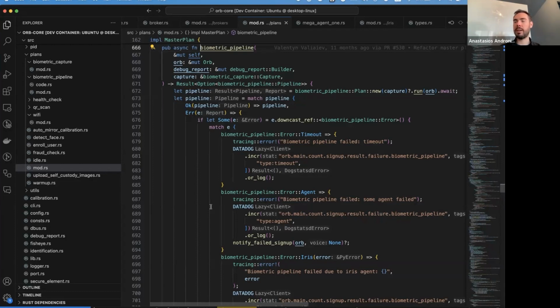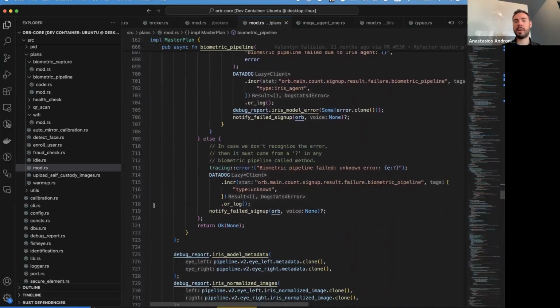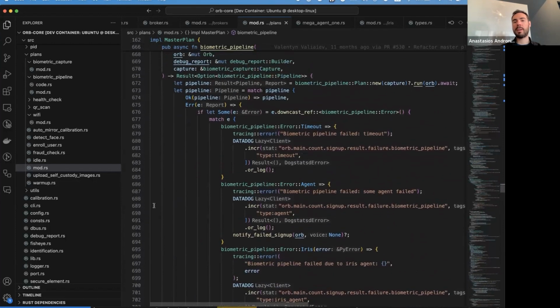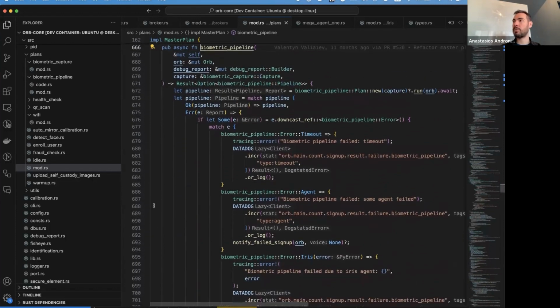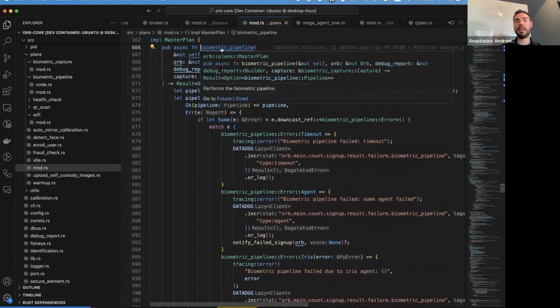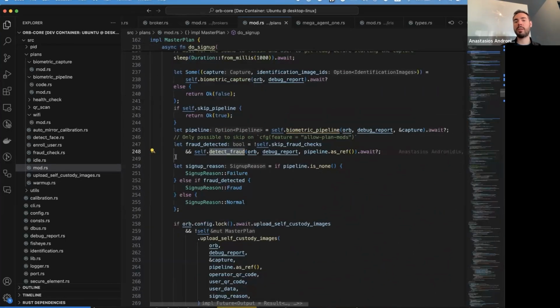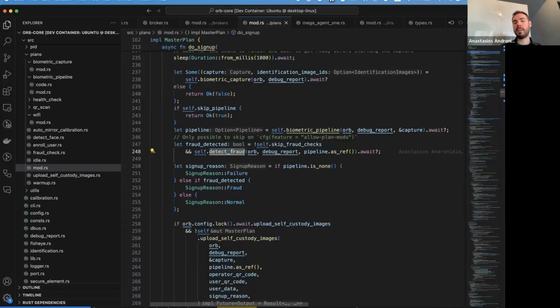So now we go back a little bit higher again, back to the biometric pipeline. The same pattern applies to all of this information that we would like to analyze. So at the very end, if the biometric pipeline finishes successfully, then we go back to check that we didn't detect any fraudulent behavior. Again, I would like to highlight that the Orb is one of the most private devices out there. So we strive for maximum local computation for anything that has to do with fraud. So exactly after the biometric pipeline finishes, we do some checks to see if everything is okay.